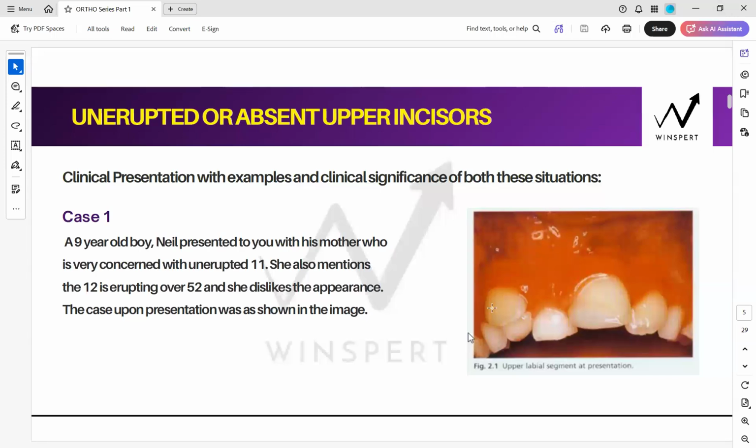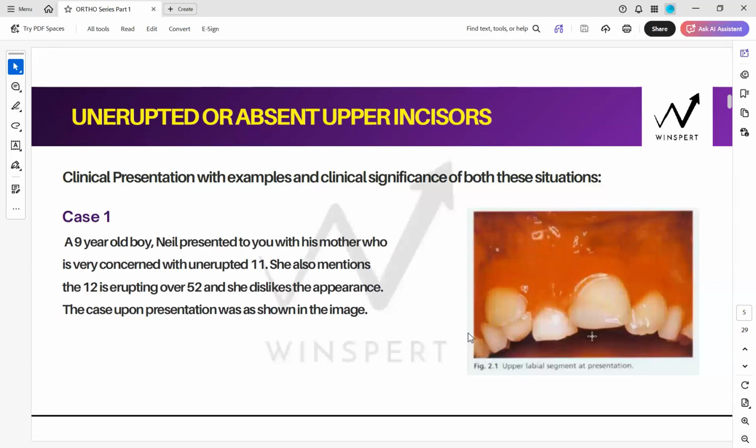So can you look at this picture, and if you have been practicing those clinical detective cases as well, it should now give you the confidence that yes, I can look at a picture and immediately the findings start showing up. Right? So can you appreciate the fact that 1-2 is erupting, but there is 5-2 underneath it? 5-1 is also there. Can you appreciate that? And 2-1 is also erupted.